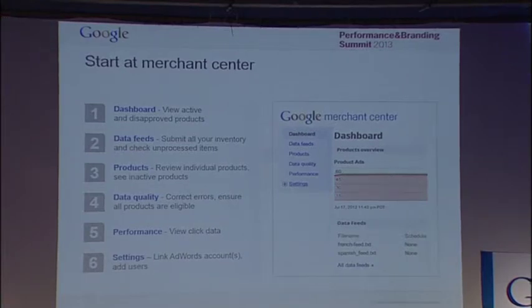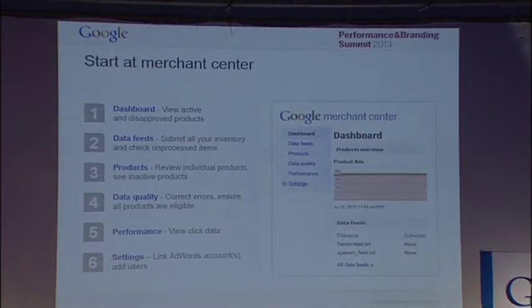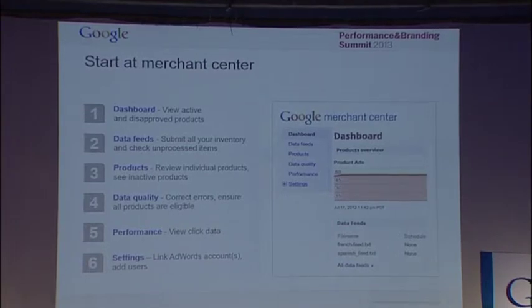So any issues in the upload, any quality issue with your feed, that's where you're gonna have all the data. So you can see that you have several pages. So dashboard will really be the first one. It's gonna be the overview. You're gonna have a page called data feed, which is where you're gonna check if the upload of your feed